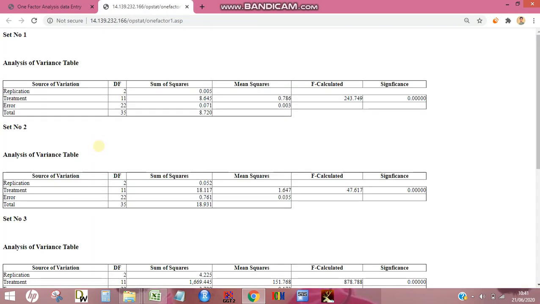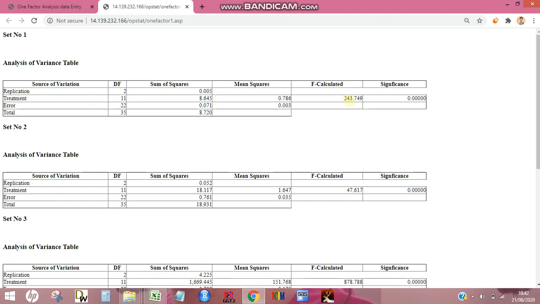Here we will get the result analysis of variance, where the source of variation is divided into replications, treatments, error and total. We are interested in the mean sum of squares and the F calculated value. In order to know whether significant variability is present between the treatments, we have to look into the F calculated value. If this F calculated value is higher than the table F value, then we will know that our treatments are performing significantly differently from each other. But we have to look at the F value of treatment.